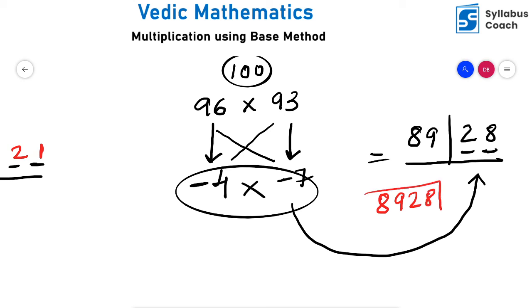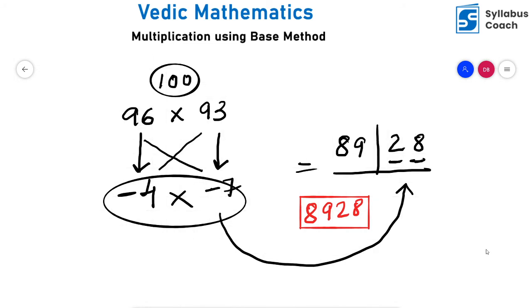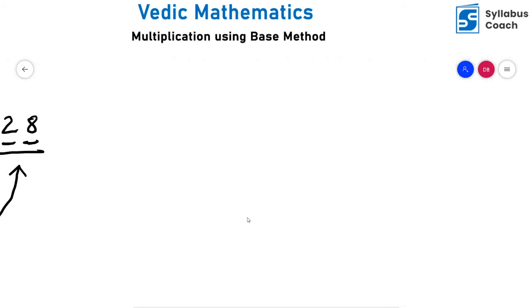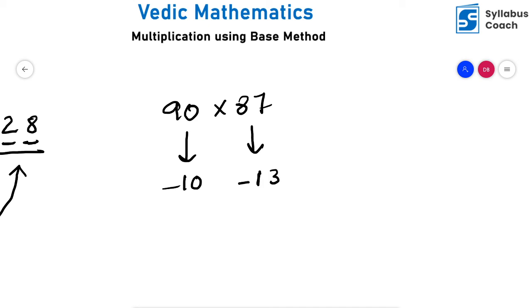Is it clear for all of you students? Amazing. So this is a technique that can be followed by anyone now. Hope all of you are confident. So let's take one more case, students, so that you will be able to understand the concept in a much better way. What is 90 into 87, students? 90 is minus 10 less than 100 and 87 is minus 13 less than 100. Isn't it? Amazing. Now, when you have minus 10 and minus 13, you have 10 into 13.